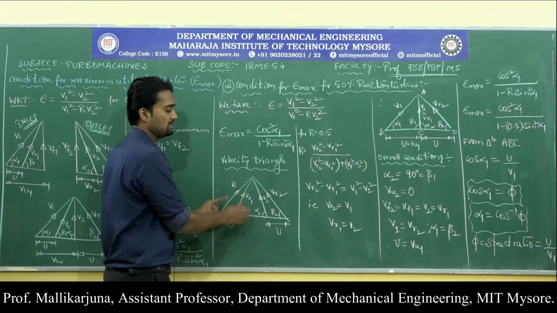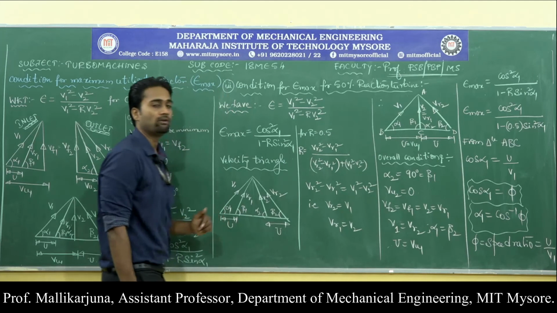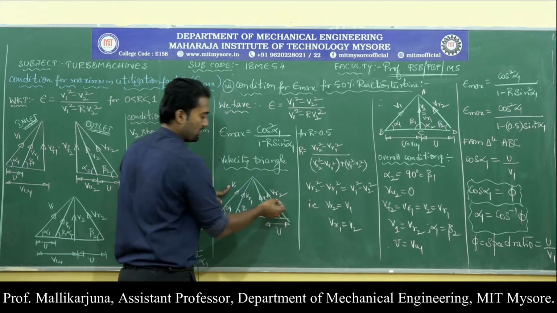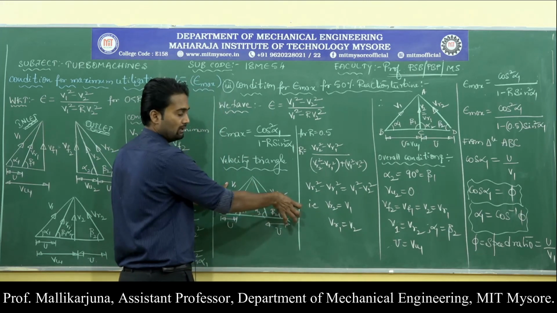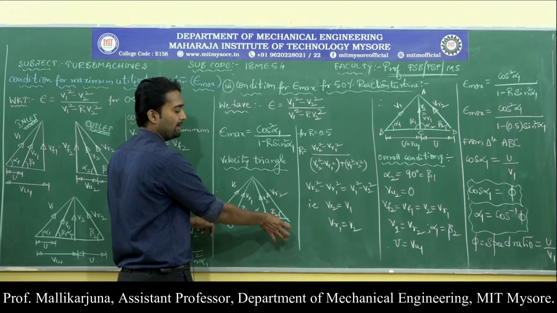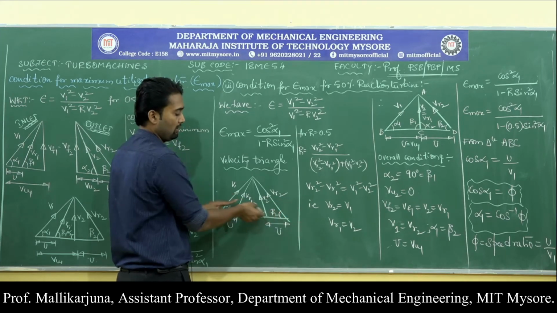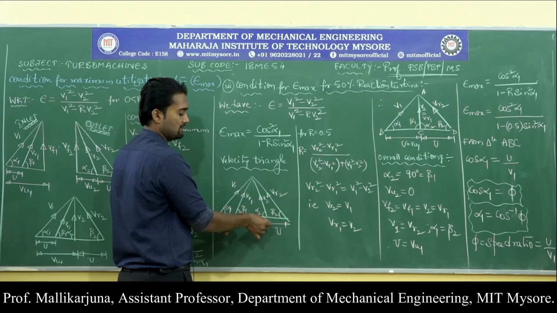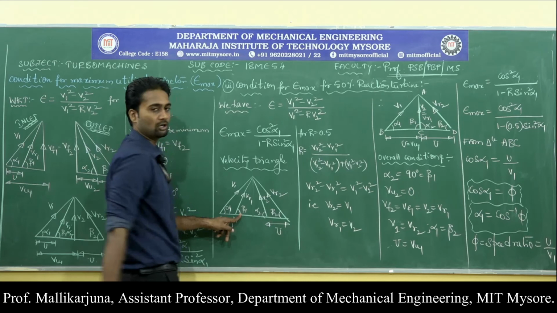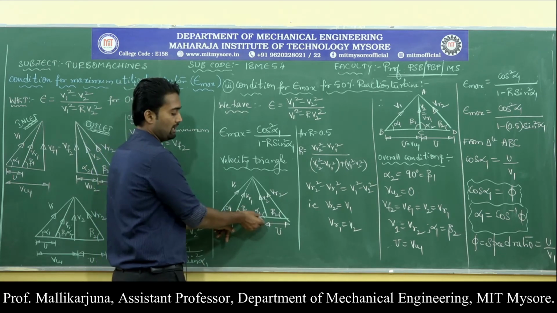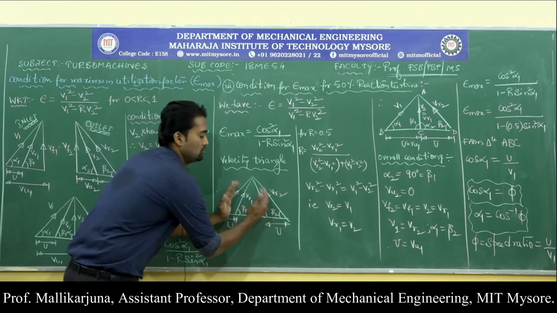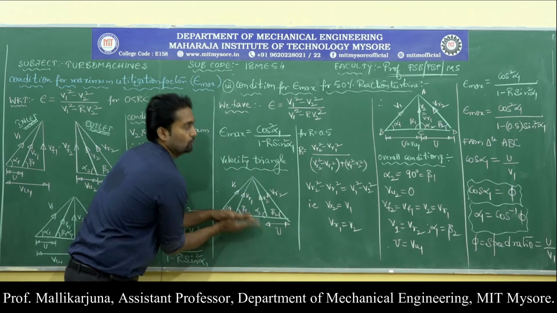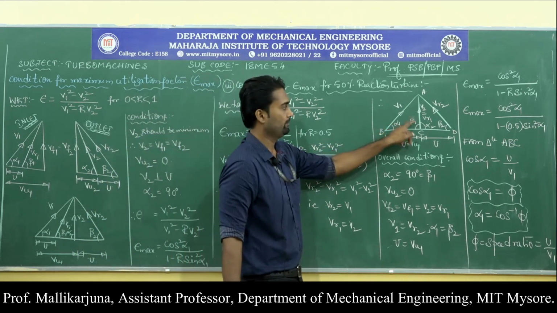Now please make sure this has to be reduced into R is equal to 0.5 velocity triangle. Look on to the condition. V1 should be equal to VR2, outer line should be equal, in the sense angle made by those two should be equal. Next VR1 should be equal to V2, that means these two lines should be equal in the sense beta 1 should be equal to alpha 2. That means beta 1 and alpha 2 should be same in the sense these two will merge with each other. They will become perpendicular to the U. Please look on to this condition.